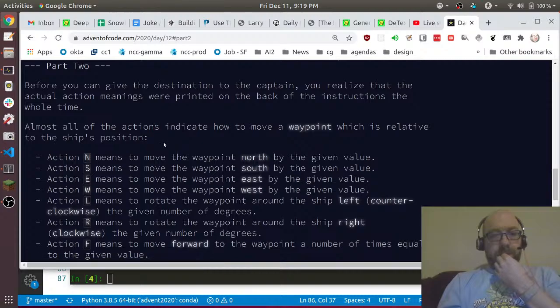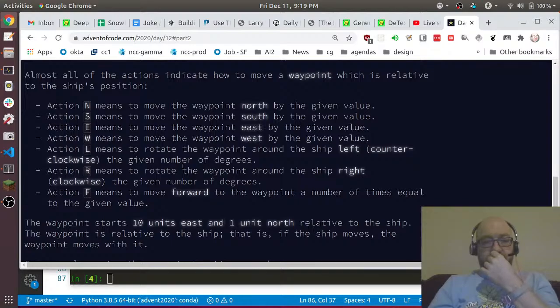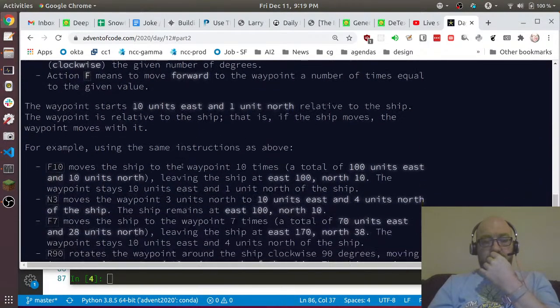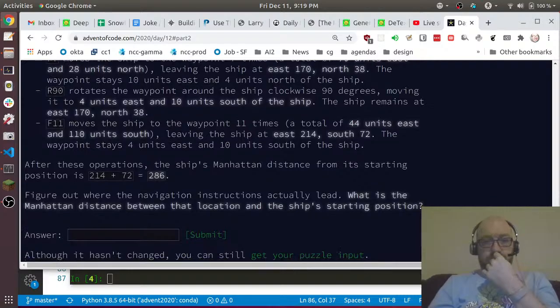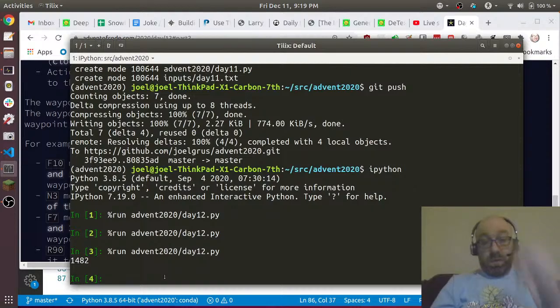and that's our answer. Okay. Before I can give the destination capture, as the actual action means we're putting back the instructions all the time. Almost all the actions indicate how to move a waypoint, which is relative to the ship's position. Action N means to move the waypoint north, and so on. Action L means to rotate the waypoint around the ship left the given number of degrees. Action R means to rotate the waypoint right, and action F means to move forward to the waypoint a number of times equal to the given value. So all right,